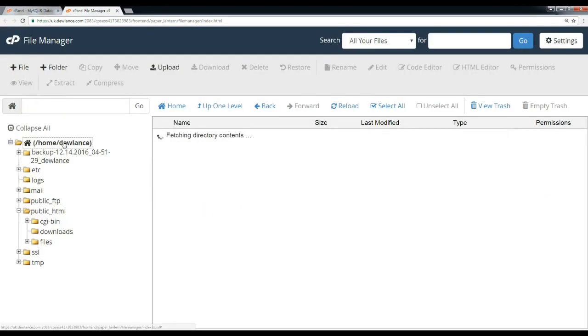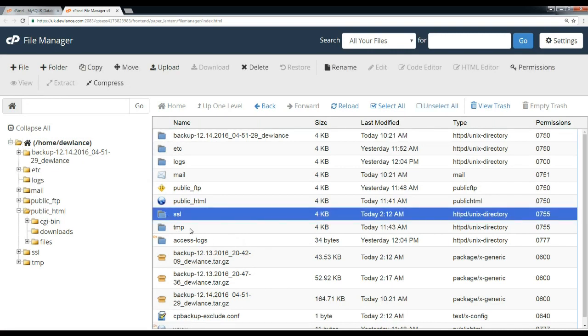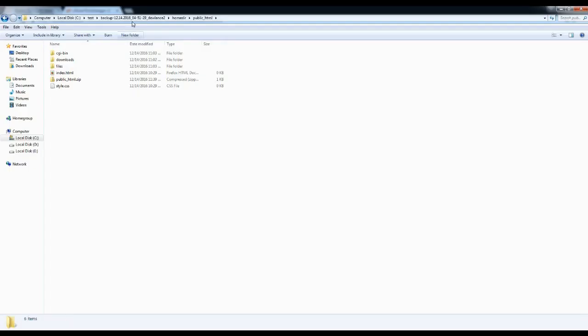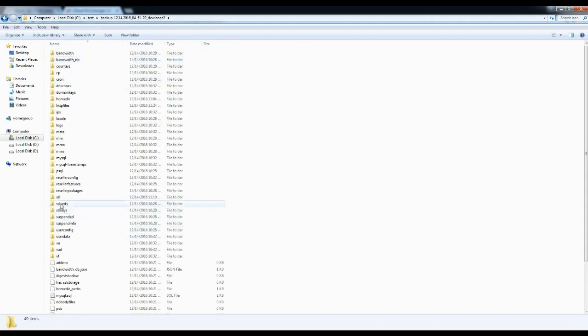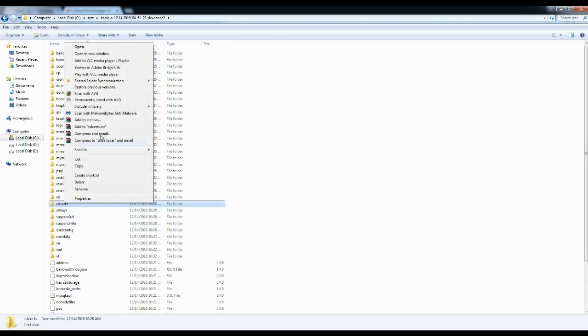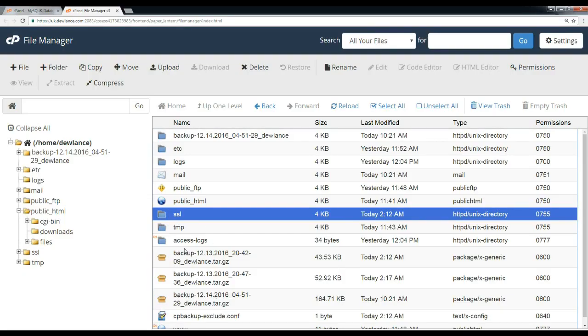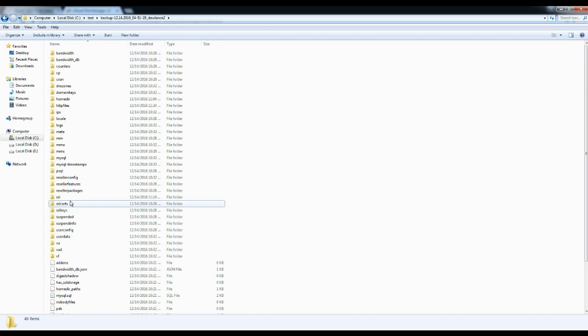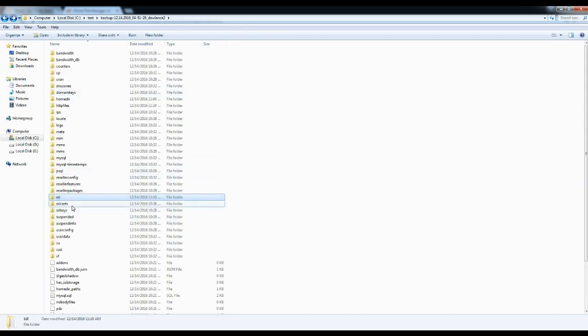Now if you want to restore a backup of the SSL folder, then you can compress it as an SSL certificate folder. For example, currently there is no SSL certificate.